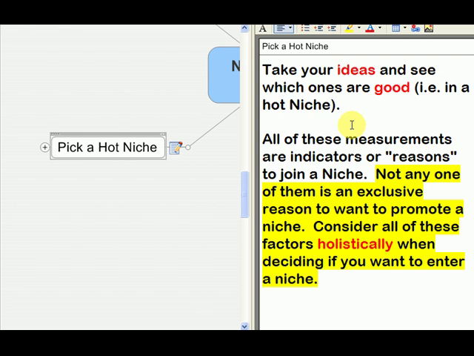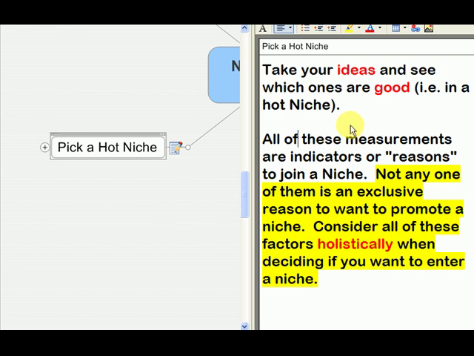These are things you definitely want to look at before you spend some time trying to set up a website or a business in one of these markets, because you want to test to see if there's enough interest in this market before you spend your time, because your time is very valuable on the internet, because you could be doing other things that could be potentially making you more money. So also, this next series of steps helps you figure out, if you have 10 different ideas, which idea is possibly the best idea, because you can look at all these factors and you can see which one has the most